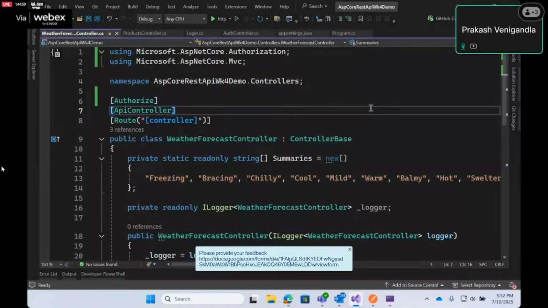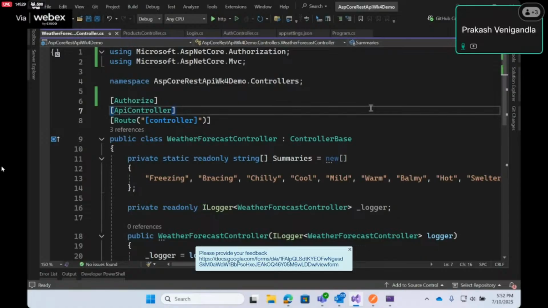Swagger is basically to write the documentation, and also we can test our API functions. Swagger is actually giving two different options. One is the standard format, where we have to add a package, then add a service, and then enable the middleware. Very similarly, we have seen